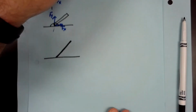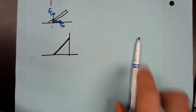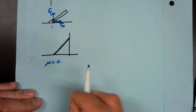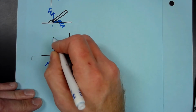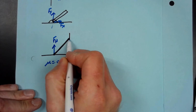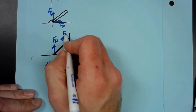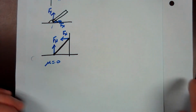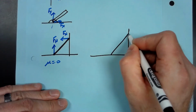All right, and then if we look at maybe something else where we have a ladder leaning against the wall, if the ground is frictionless, then there's only one force at this point of contact. It is just the normal force acting upwards, perpendicular to the surface. All right. If it's touching the wall over here, that wall is going to exert another normal force, perpendicular to that surface. If we have a similar scenario, but there is friction,